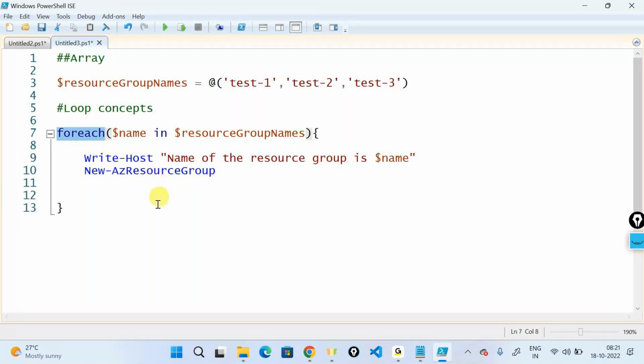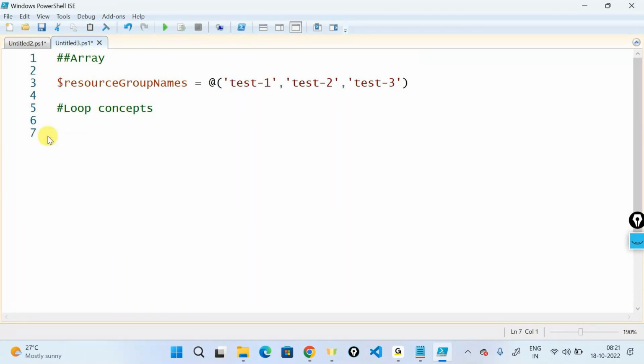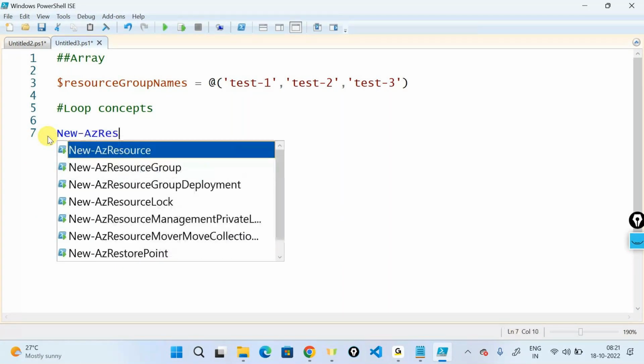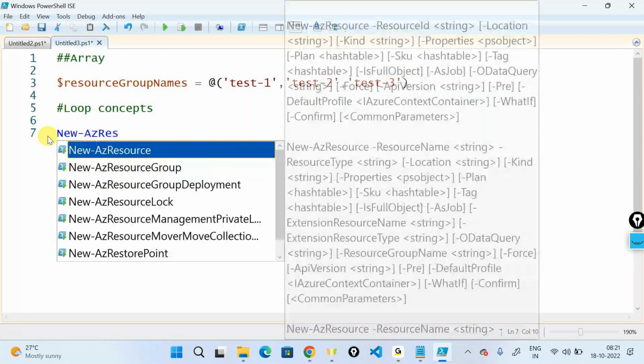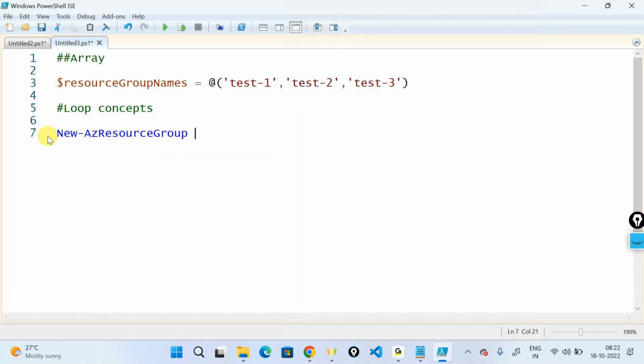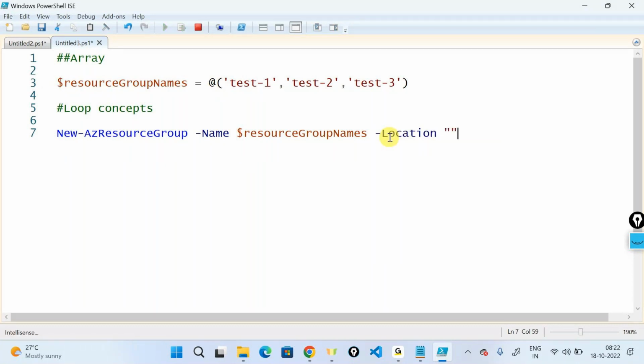If I don't use a foreach loop mechanism, what is going to happen? Let's also look at that. I'll say New-AzResourceGroup. This is a command to create a resource group on the Azure portal. I'll say -Name, and if I pass in the entire array, since resourceGroupNames is an array, and -Location, say East US2 is my location, and if I run this particular command,